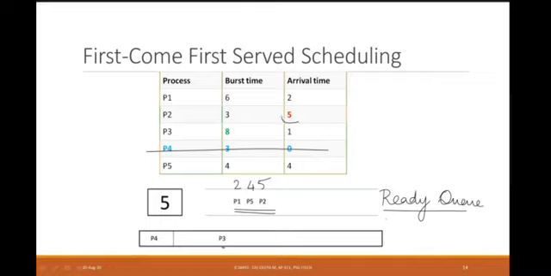When your maximum arrival time is reached, I don't have to bother about my ready queue in the case of a non-preemptive algorithm. So there is no need to worry about your ready queue now. The only thing you are concerned with will be your Gantt chart. So I have put in 0, 3, and at time 11, P3 will complete execution. So together this will be how many units? 8 units. This is your 8. At time 11, this will happen.